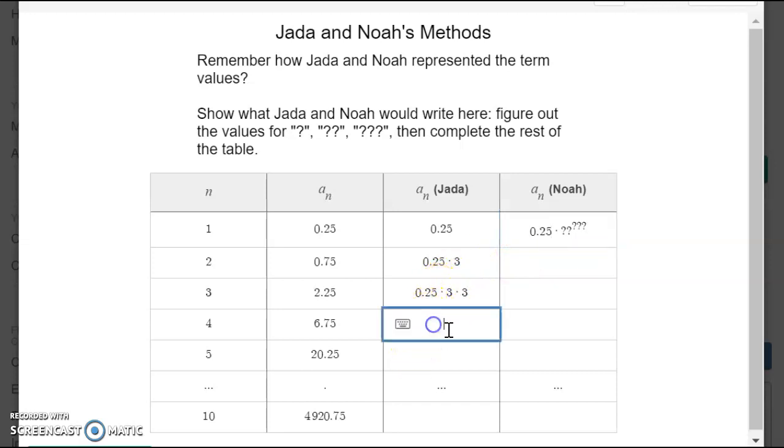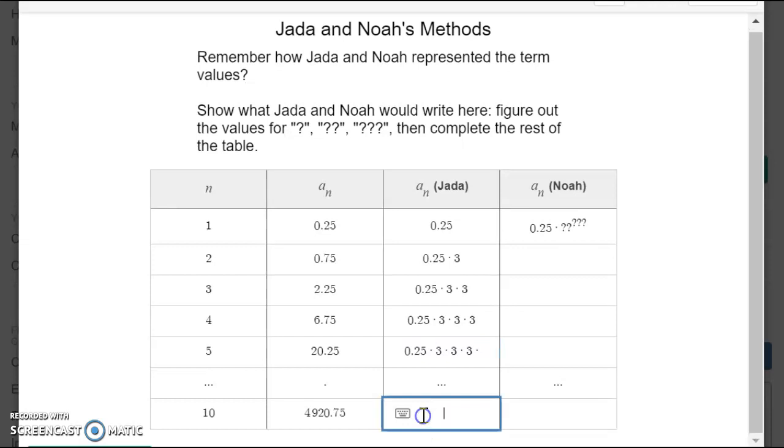So let's just fill in the rest. For this, I am going to copy this and then multiply that by another 3. And then for the next, I am going to copy this and multiply that by another 3. And so for this, I am going to be copying this and then multiplying that. I have 1, 2, 3, 3 times, so I need